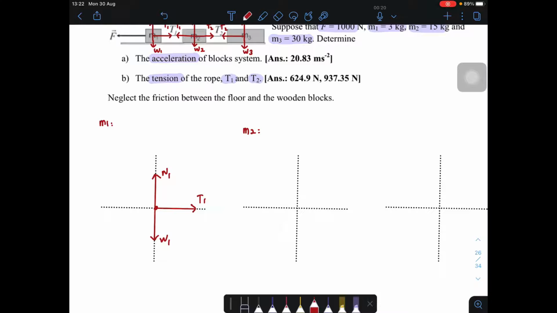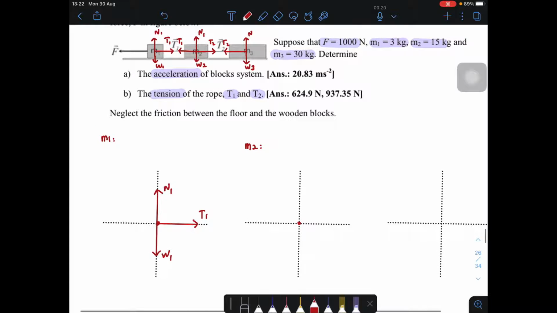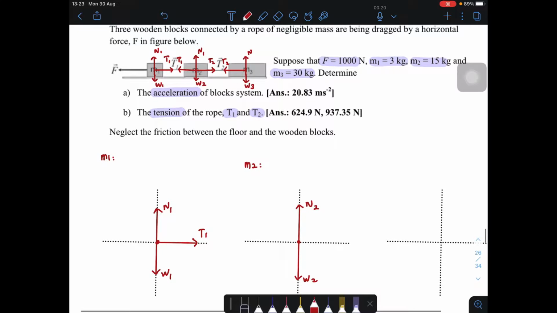And then M2, we have going downward W2, upward N2. Okay, so we made a mistake here. N2, this one N3. Then going to the left, T1, going to the right,